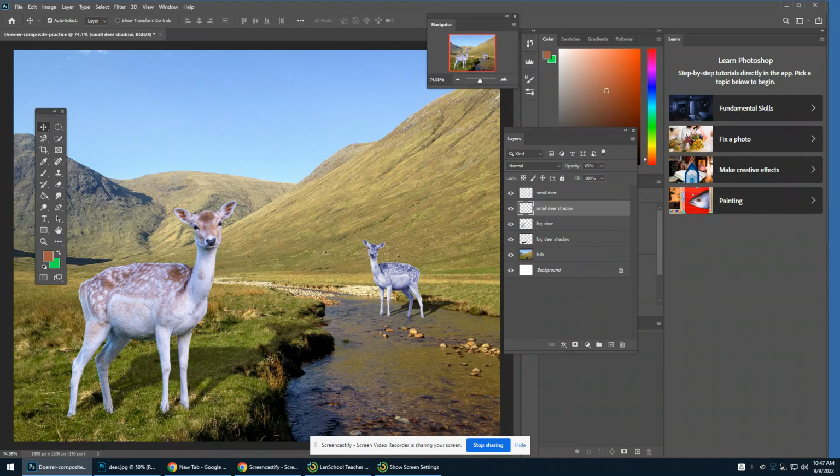Comparing them, I can see the big shadow is a little more transparent. Let's alter that small shadow's opacity. Let's reduce it some more so it's more see-through like the big deer. Okay, that's making